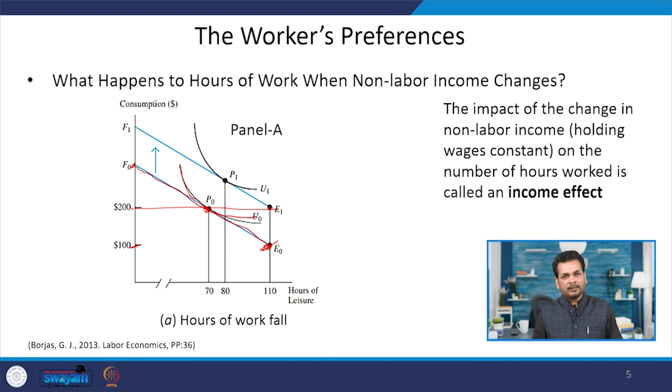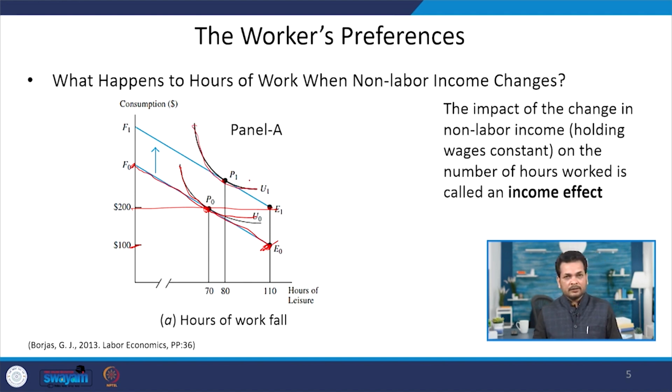So, definitely the opportunity set of the worker has increased just because of the increase in his non-labor income. Now, you can see the worker has a new tangency point at point P1 with the utility function U1,